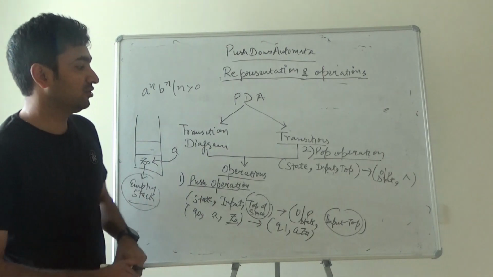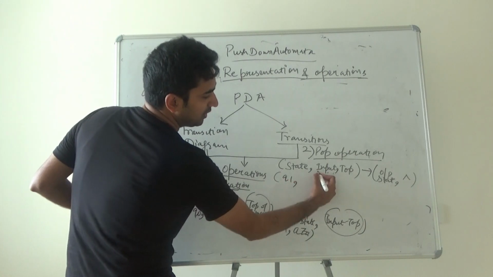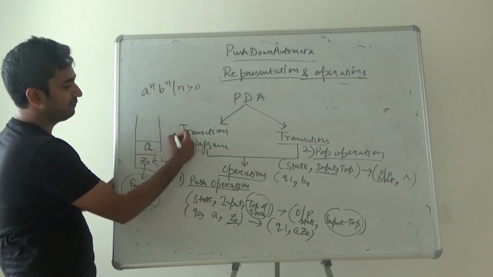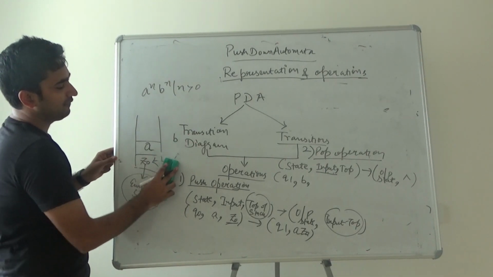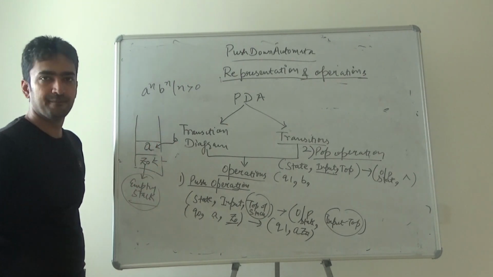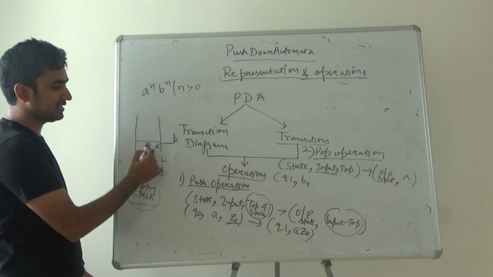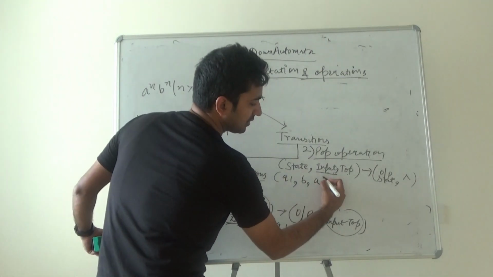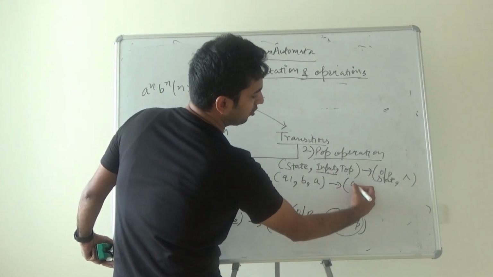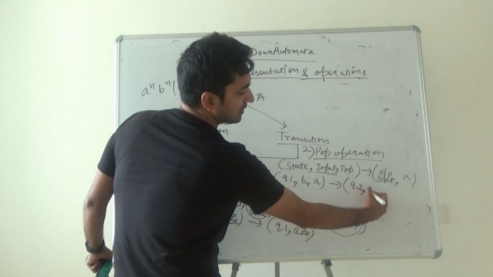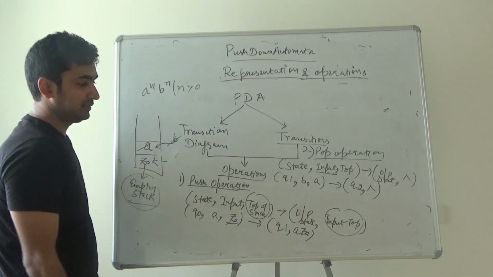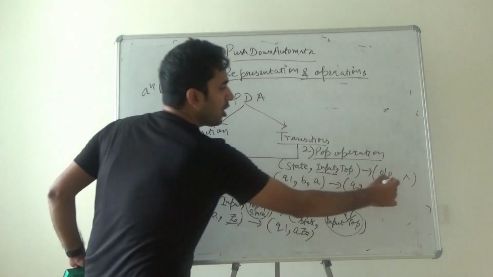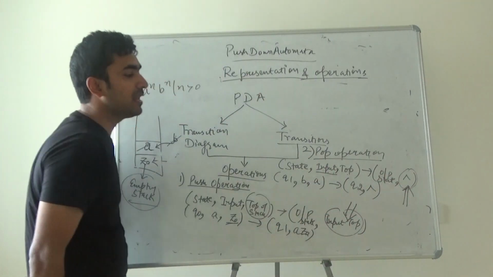That is null. So it means if any state, let's say q1, is given any input b, and I put a on the top. If b is getting processed, b will check the top of the stack. Yes, the top of the stack is a. b is matching a, so b will cancel this a out. It means the top of the stack was a, and if you go to any other state, the answer is null. This is the thing to remember. For the push operation, the answer is input top. For the pop operation, the answer is null.